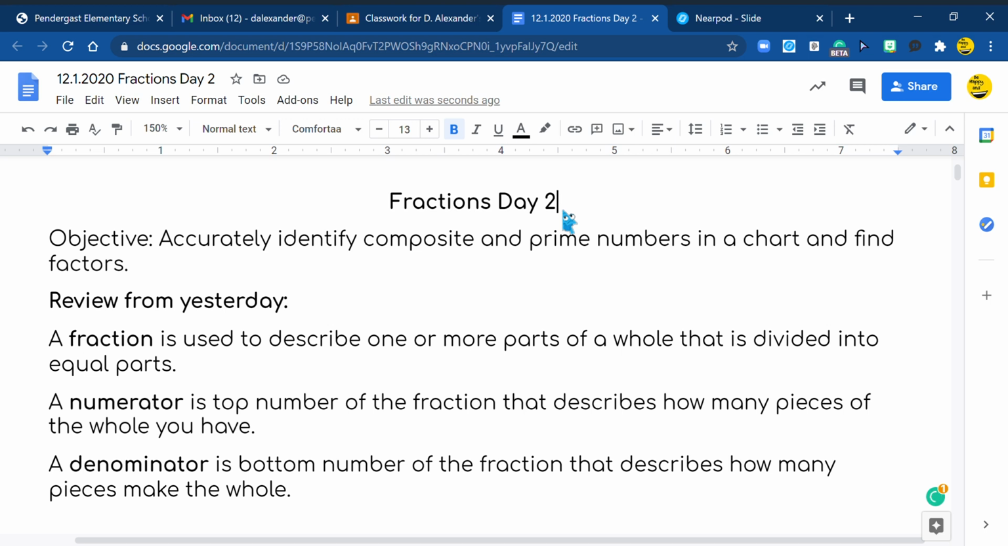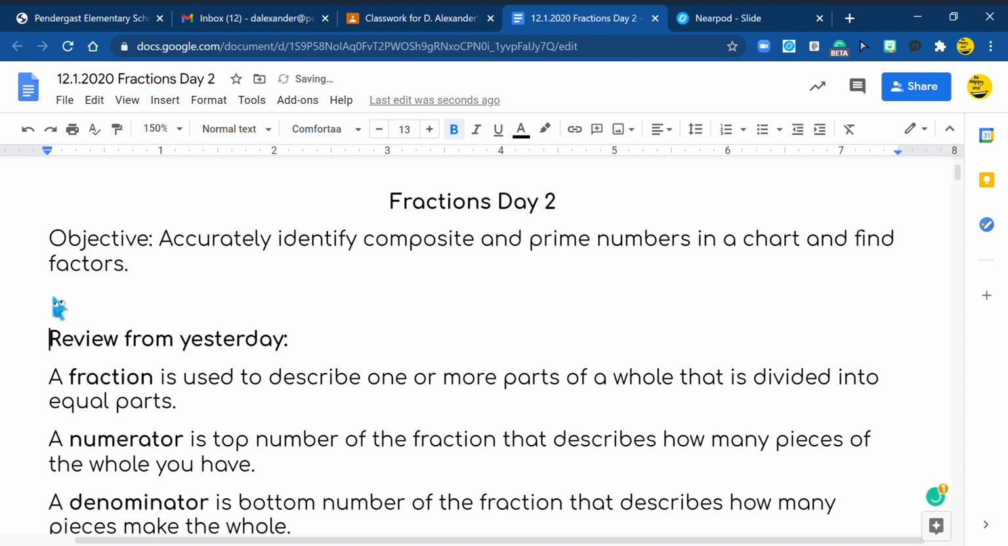Hey guys, it's Miss Alexander, and today we're doing fractions day 2. We're going to learn how to accurately identify composite and prime numbers in a chart and find factors. Now, the one thing I do want to do is review from yesterday, and yesterday we learned about